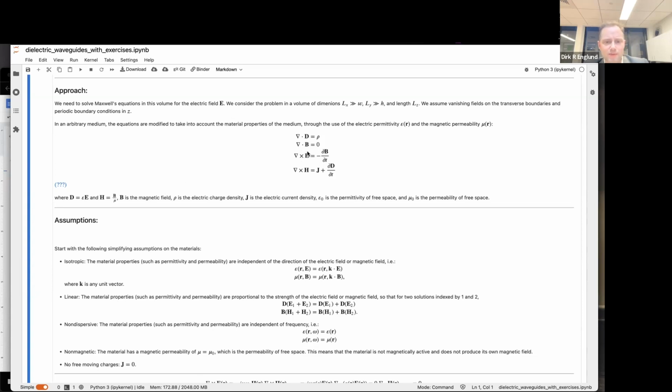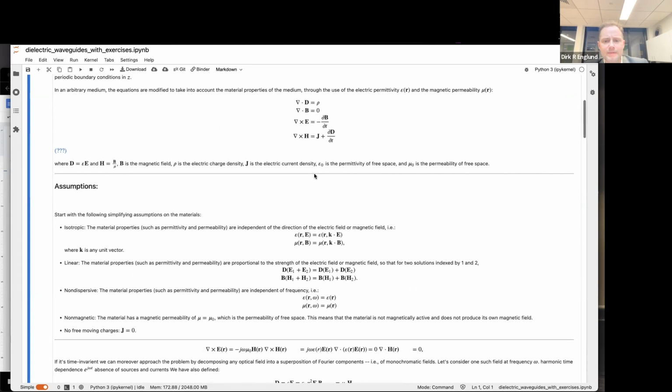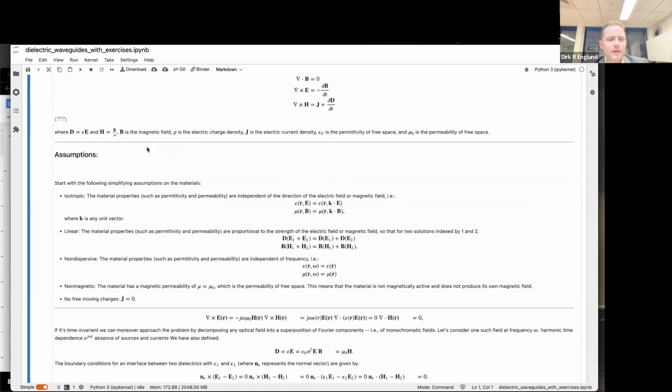All right, so what is in here, right? It's got some charge density rho, or on the boundary sigma perhaps, and it also has some currents that are volumetric currents or perhaps surface currents, and that's defined down here. But we make an assumption that the material is isotropic, so the material properties like the